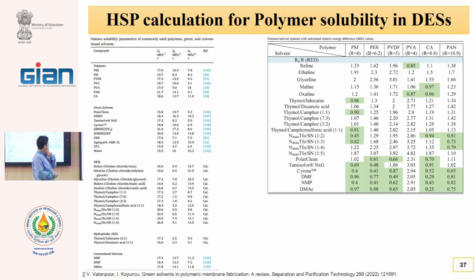This is our calculation. We have another review. We suggest which solvents can be used in membrane fabrication. In this table, we suggest for the first time solvents that can be used in membrane fabrication with polysulfone and polyethersulfone. We calculate the Hansen solubility, and when the RED is lower than 1, the solvent can dissolve the polymer. And we suggested that these